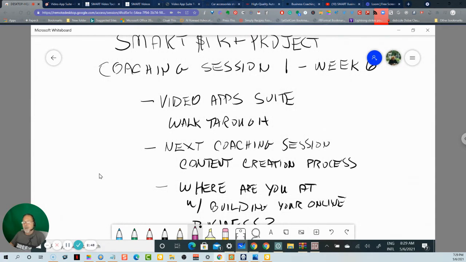Just as a heads up, the shorter version of the next session is going to be all about creating content. I'm going to walk you through that process. My assumption is that you've got a niche already, and now you want to build up some content for your websites. That can be video, blog posts, infographics, any number of things. But there's a certain process that you go through when you're putting your content together and planning for all the different sets of content that you're going to be publishing over a period of time. So we're going to go through that.